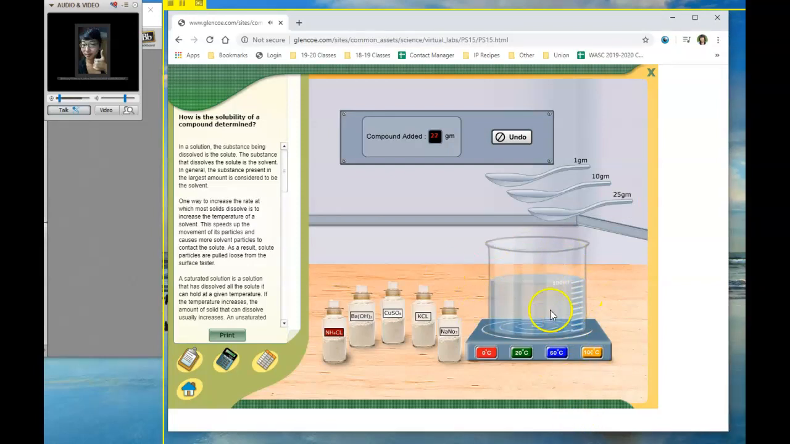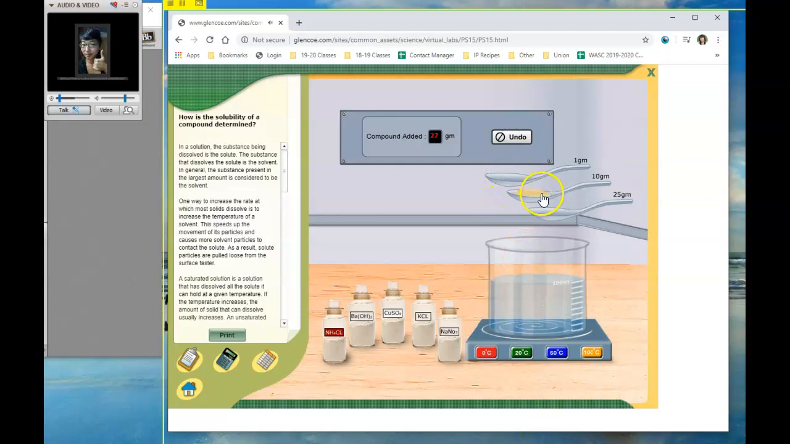You'll notice it all dissolves, so I still haven't added too much yet. I'm going to add another big spoon. And now you can see that it is saturated. There's extra solute at the bottom, so I added way too much. So I'm going to click undo